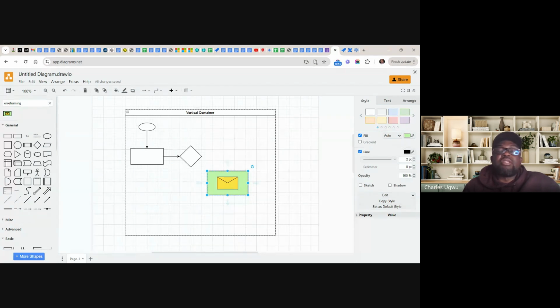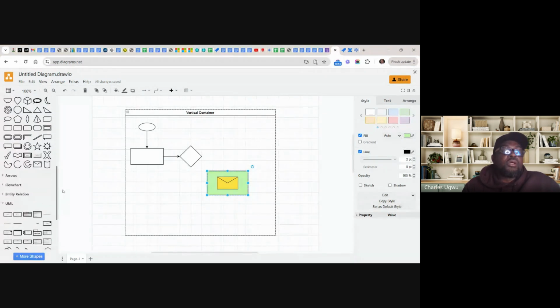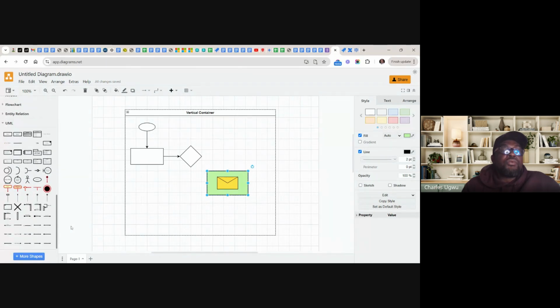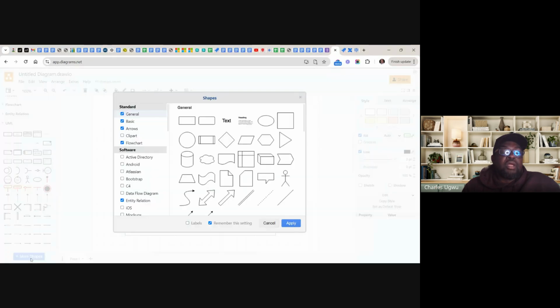For instance, you are creating a website and you want to create a wireframe. So many of them here, you can use this tool, it can help you to create any kind of wireframe you want. And if you come over here and you don't see the shape you are looking for, all these things here can help you create any kind of wireframe or mock-up you want. If you click here,